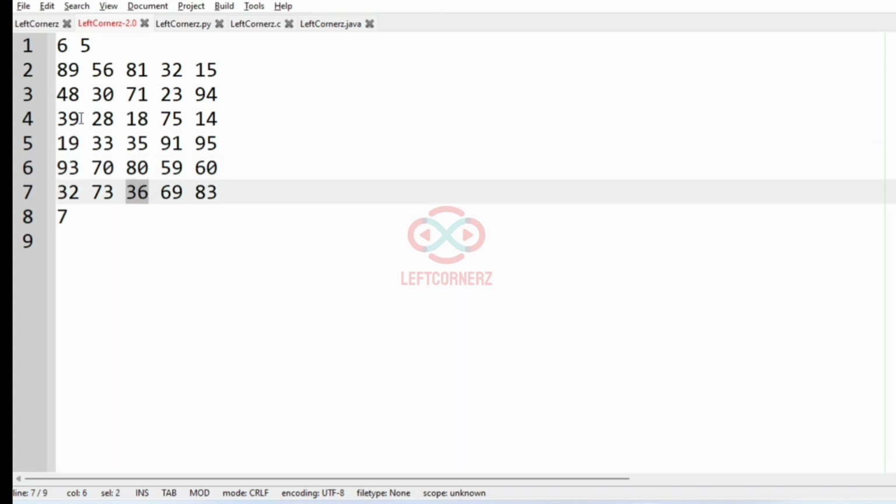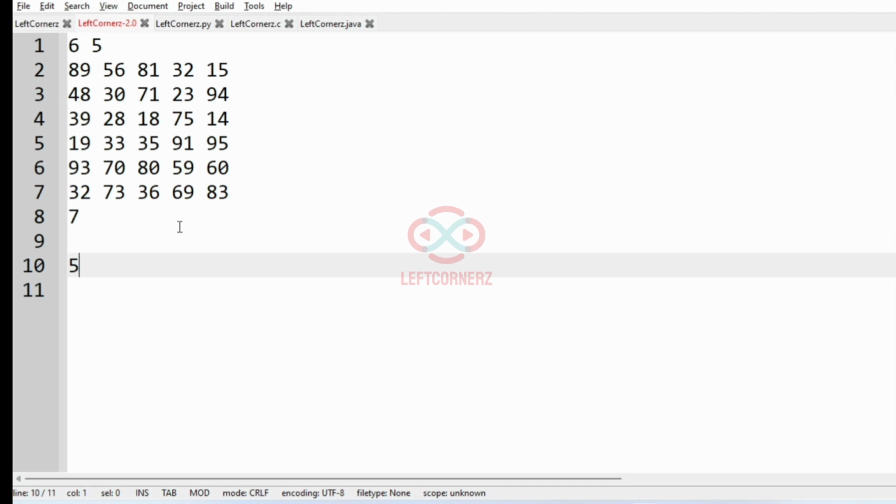70 and 36, and the fourth diagonal is 39, 33, 80, 69, and the fifth diagonal is 48, 28, 35, 59 and 83, and the sixth diagonal is 89, 30, 18, 91 and 60, and the seventh diagonal is 56, 71, 75 and 95. So we have to print the seventh diagonal as the output. So these four integers will be our output, that is 56, 71, 75 and 95. So this will be our output for this test case,